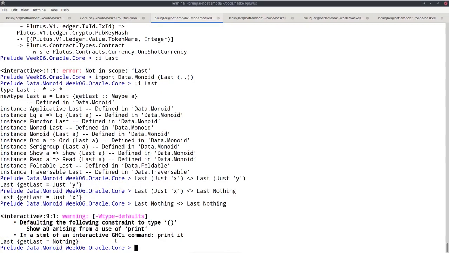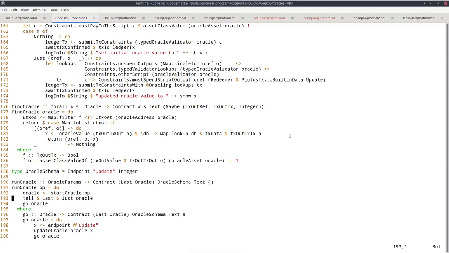Okay, now it complains because it doesn't know whether it's Nothing Int or Char. It assumes it's Nothing unit. But anyway, so it's Nothing. So Last Nothing and Last Nothing is Nothing. But if one of the two is a Just, it will remember the last Just. And this is very useful, and it's used all the time in these contracts for the tell, because it basically allows us to keep a current state. So the value of the log will basically be the last Just we told.